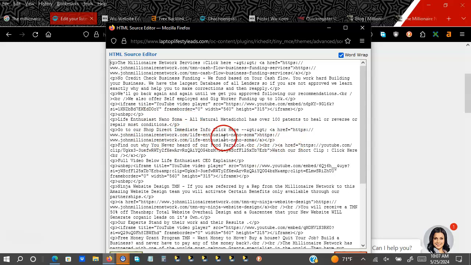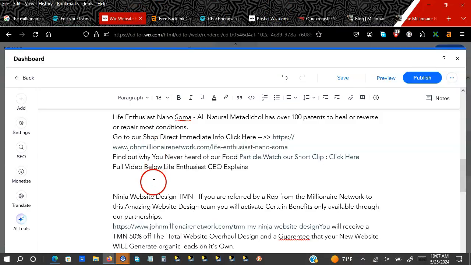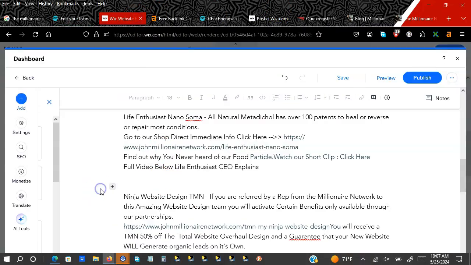And then we'll come down here and we'll look for the YouTube video. There we go. We're going to take that YouTube video link, which is a long one, all the way to the quotation marks. All right. Now we have that whole link. We're going to copy it. And when we come back over here to our blog, we're going to repeat the same process.